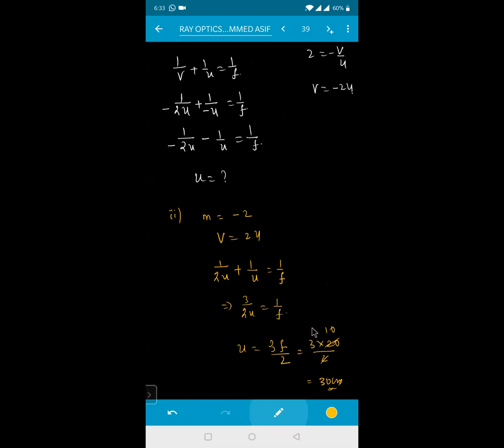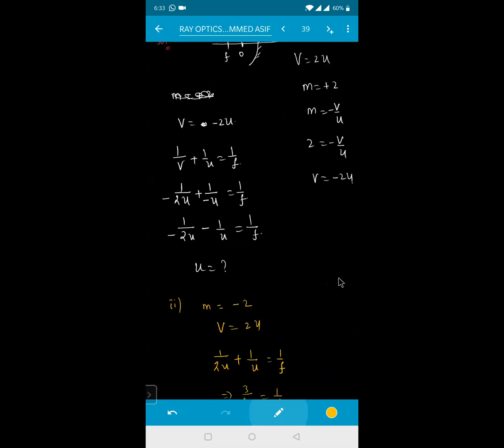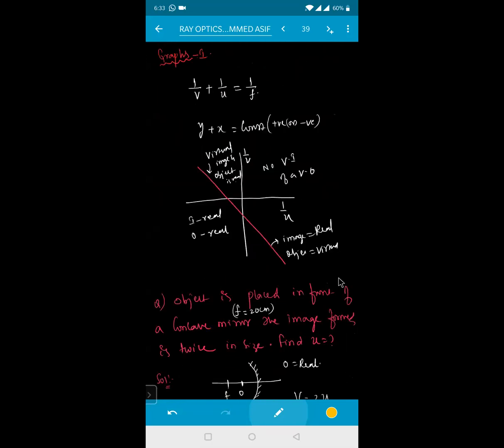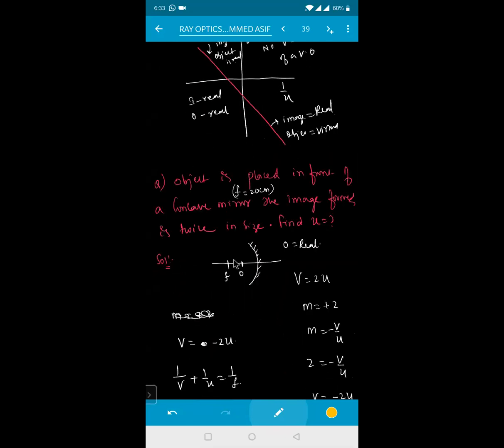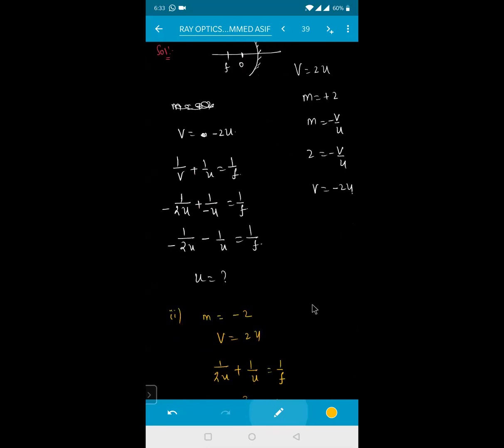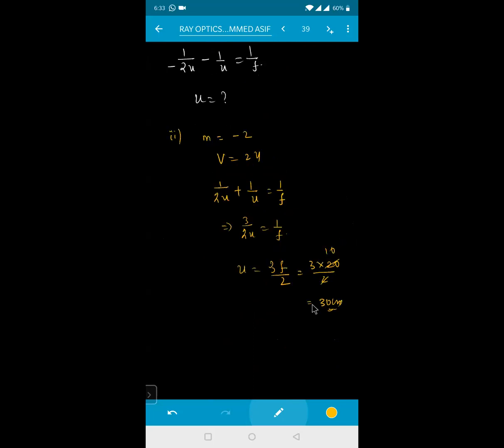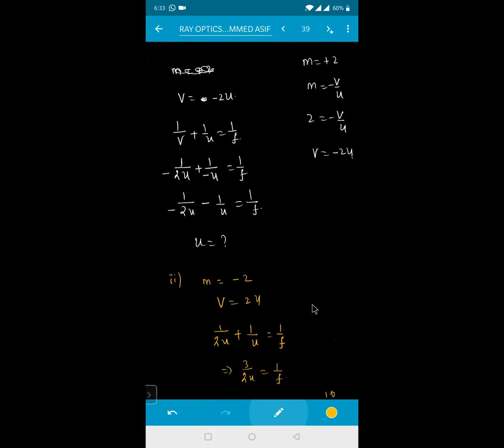See, the object is being placed in front of a concave mirror, he told. Where that object is being kept, we are taking the relation right now. Nothing has been given in the information. So that object may be in between the pole and focus, or it may be outside. That is the reason I'm taking the magnification both positive and negative and trying to do the problem. This type of problem will not generally occur, but whenever you get such conditions, we need to do it with two options at a time.